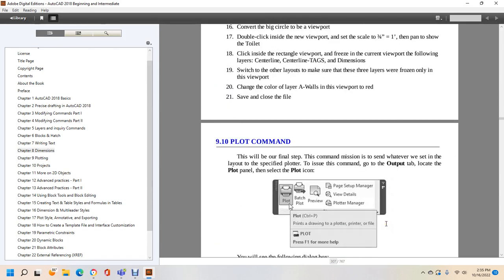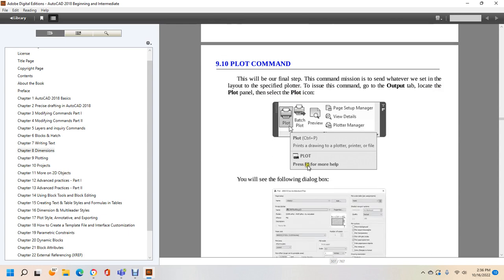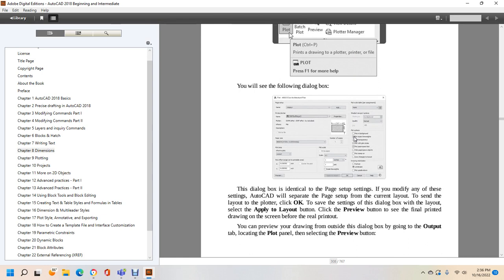And then number 9.10, the plot command. This will be our final step: the command sends whatever you see in the layout to the specified plotter. Issue the command by going to the Output tab, locating the plot panel, and selecting the plot icon, or type plot on the command line. You'll see the following dialog box. It's basically a printer setup